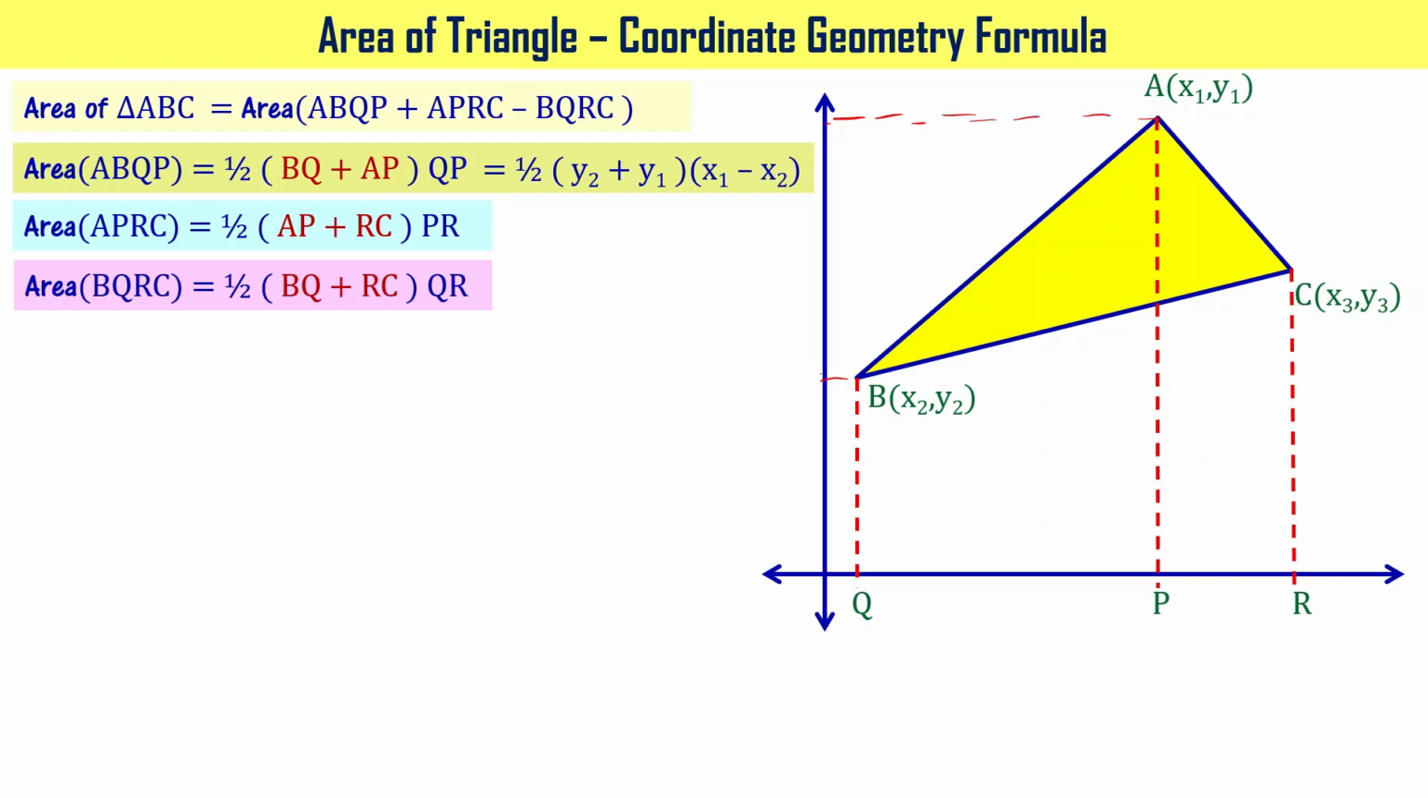Similarly, we can find the area of APRC also. That can be written as half times (y1 plus y3) times (x3 minus x1). So the area of BQRC is half times (y2 plus y3) times (x3 minus x2). Now let's substitute all these three